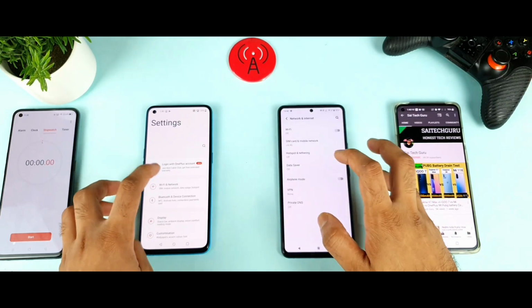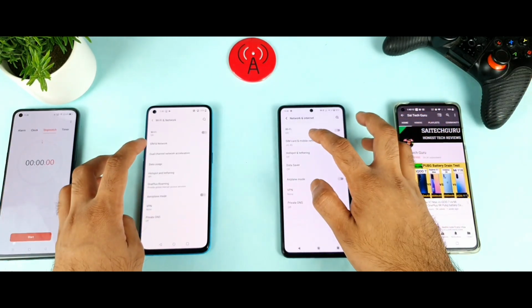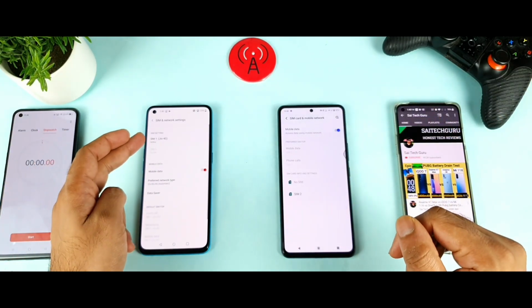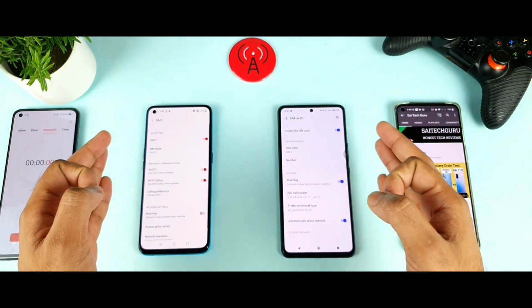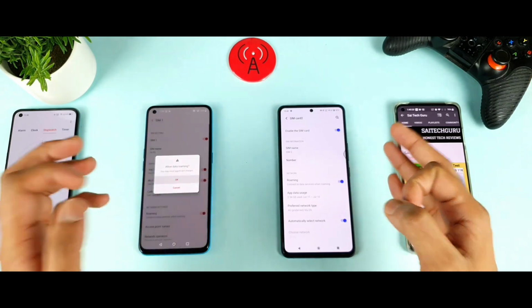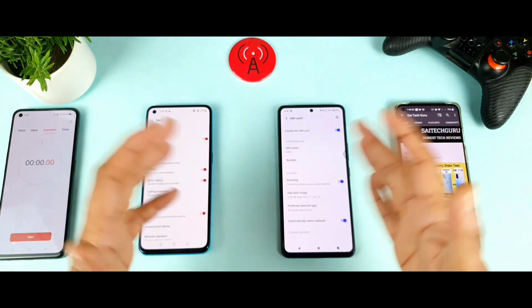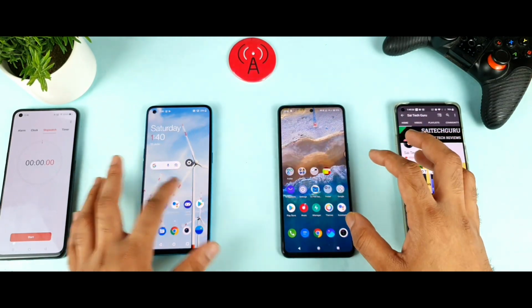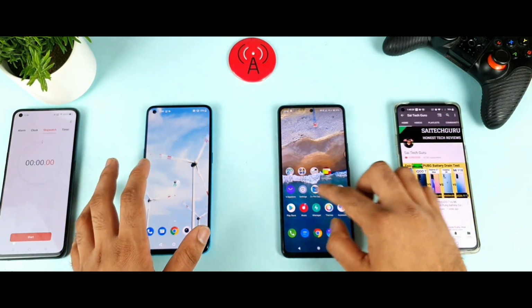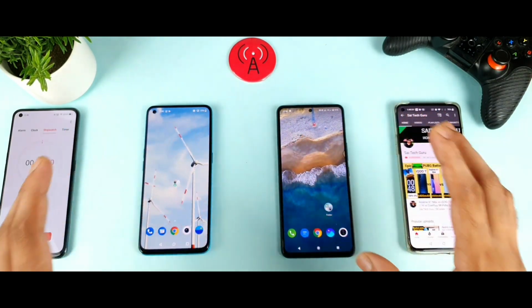Even before starting, let me show you the SIM card, so you know exactly what type of SIMs I'm using in both phones: a Jio 4G SIM, as you can see friends. As you can clearly see, I'm using the same settings in both phones. Let me enable the roaming as well. All the settings are enabled in both phones. Now let me go back to the home screen and open the NetMonster application and show you the results in both devices. So make sure to stay tuned friends.